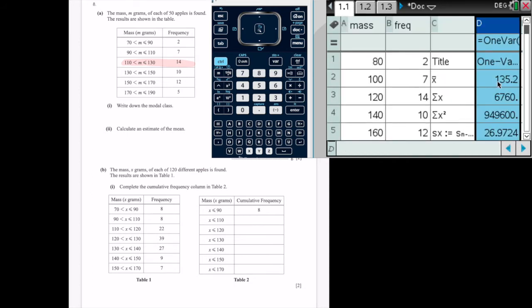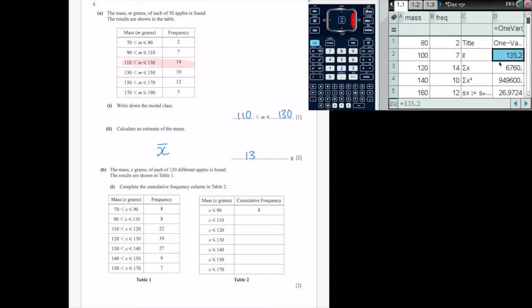So you're just selecting it from the values that you've got, and we click OK. And then you can see here, we've got lots of data points and information about the statistics. We're interested in the mean, and the mean is shown as X bar. And you can see here it's 135.2. So 135.2 is my mean. So you'd be expected to use your GDC for that question. For the next part,